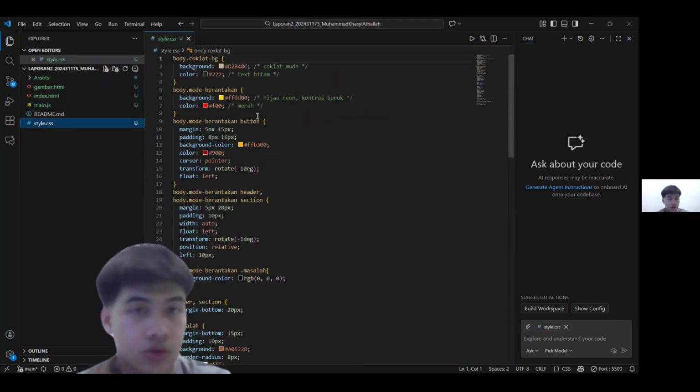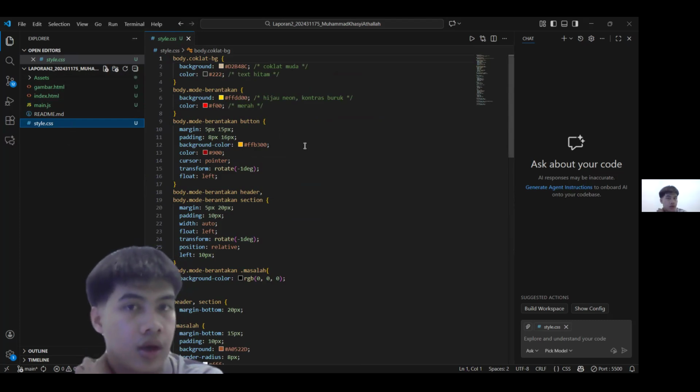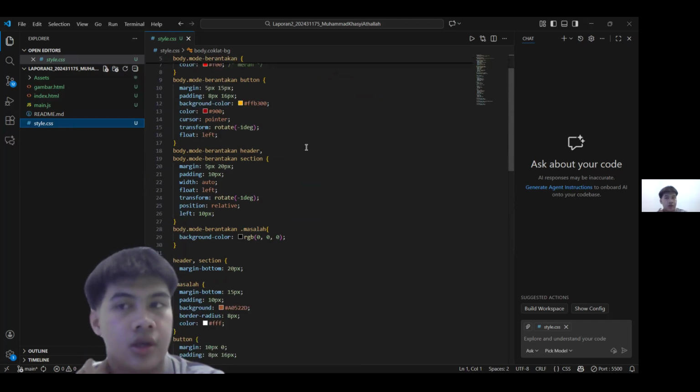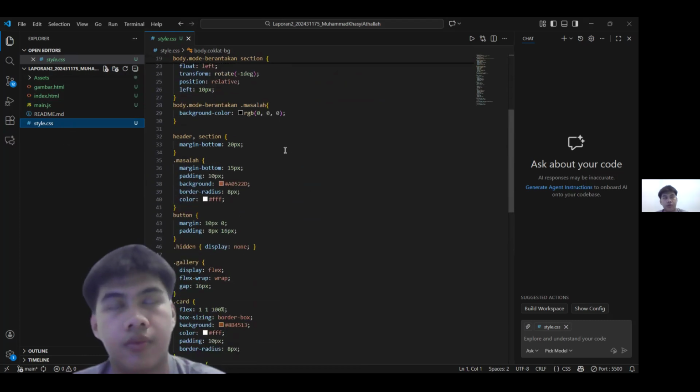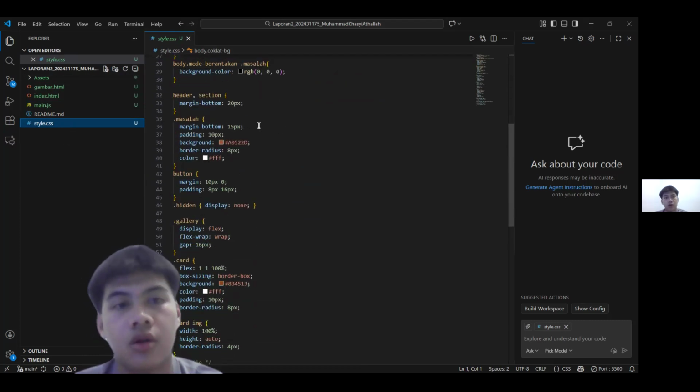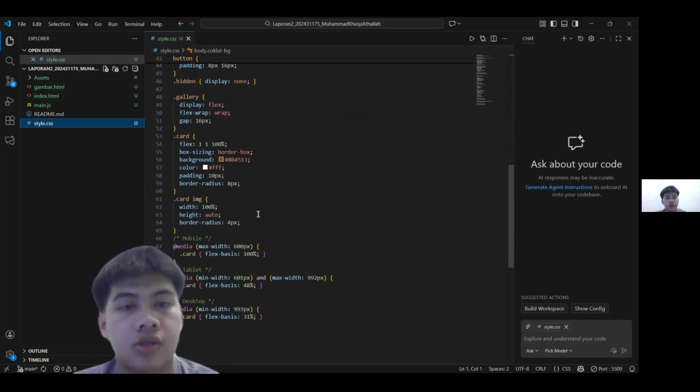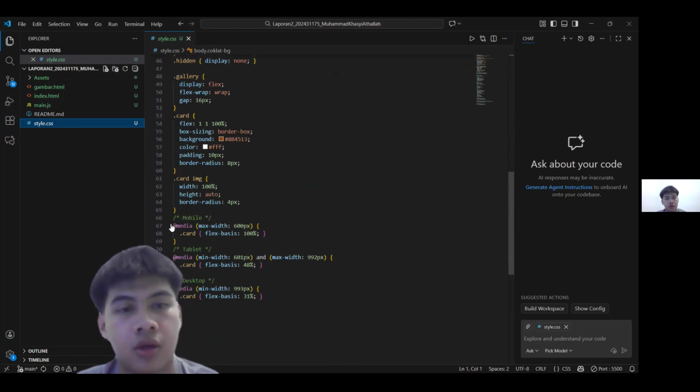This is what I used to style my page, the neat one and the messy one. You can see here. And this is also used for RWD, or responsive web design. So this is the media query code for the mobile, for the tablet, and for the desktop.